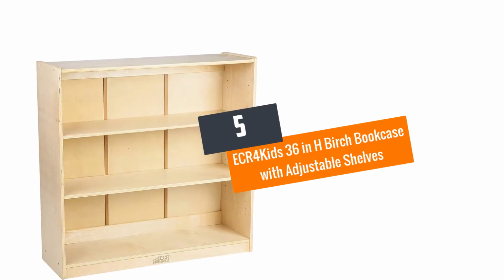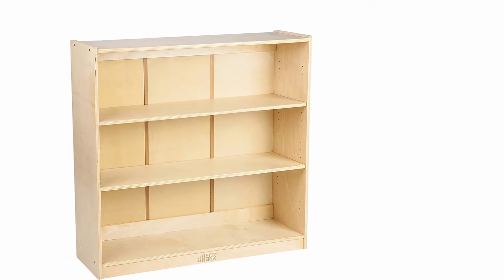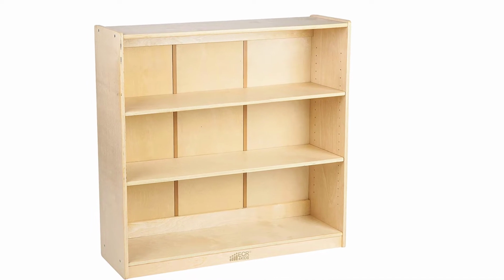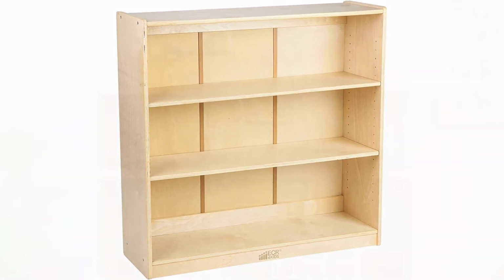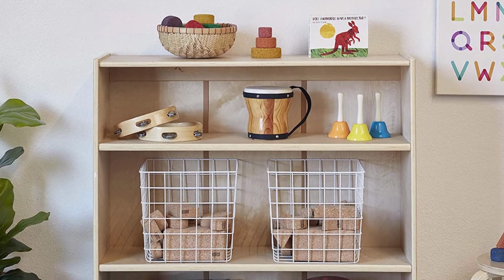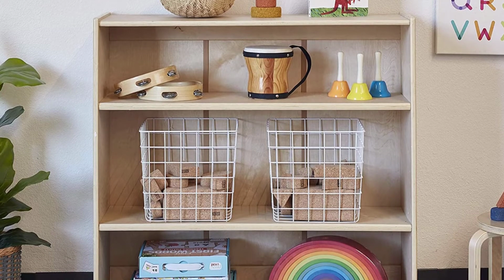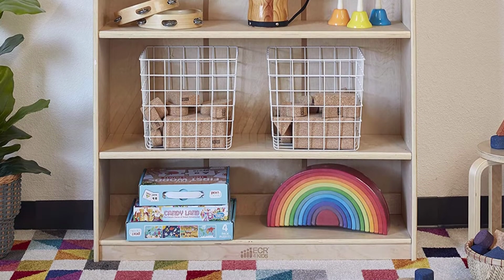At number 5. ECR 4Kids 36" Birch bookcase with adjustable shelves. Keep your baby's study room looking neat by getting them this bookcase. The bookcase has large shelves, which are also adjustable to fit different sizes of books. Besides, it is not lockable, so you can display the books on the shelves for easy selection and arranging by